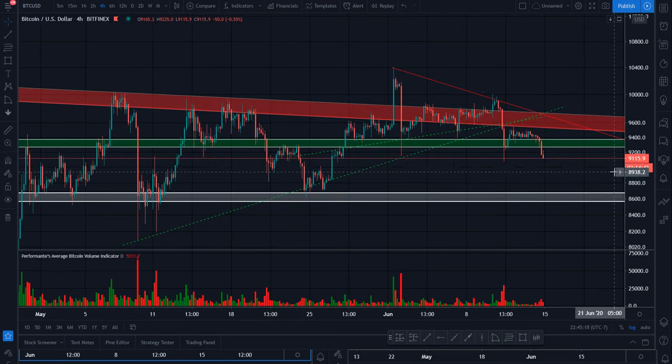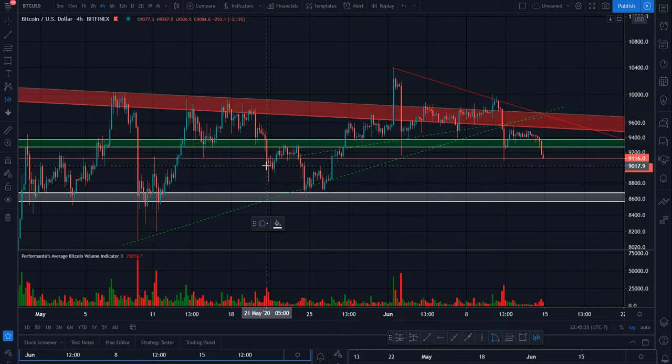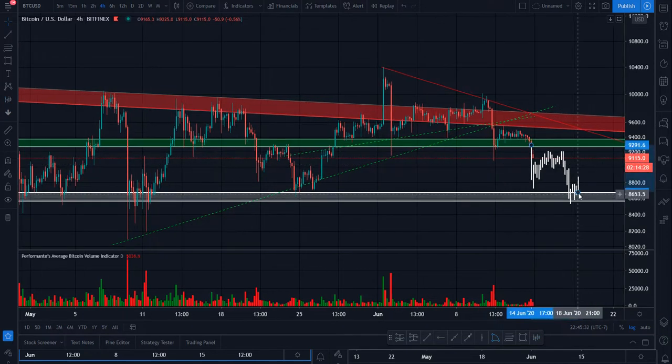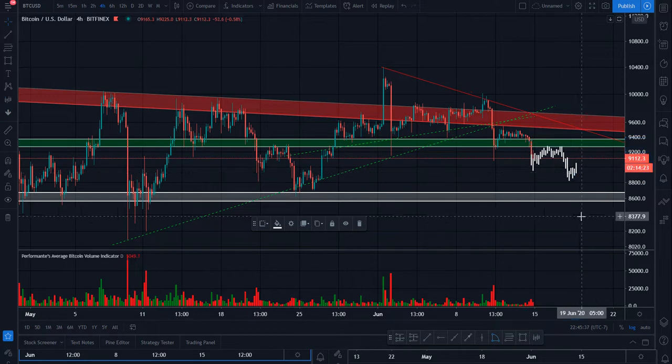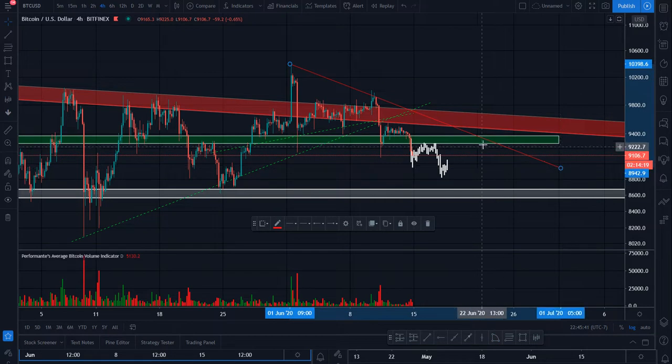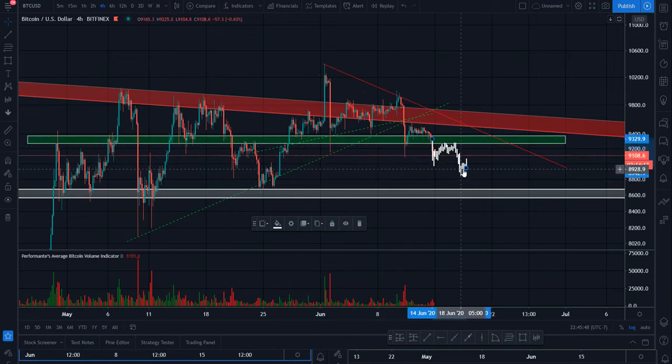I think if we get something like this, let's just get our bars pattern. I think that would be a good opportunity for a possible short, in my personal belief, if we are going to get a nice retest of that zone. We do have quite a bit of room before it gets to that zone, but overall, I think this previous support is going to be acting as a new level of resistance quite well. So we'll see how it goes.